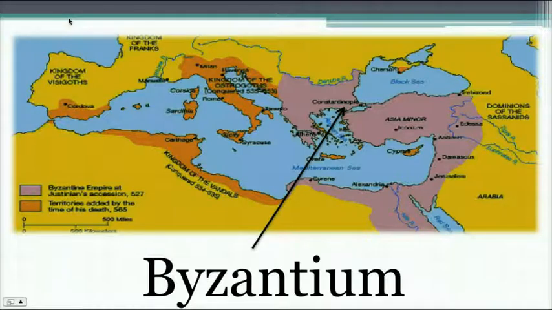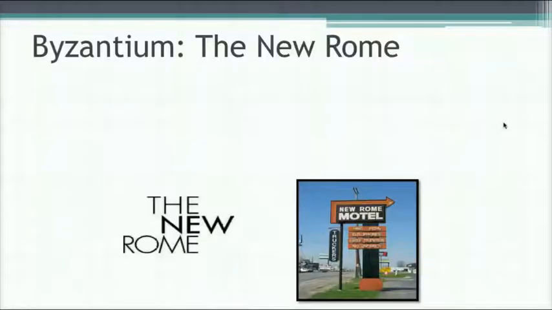So here's a map to show you where Byzantium is. Byzantium gets its name from the city of Byzantium that was located right here. So everything you see here in pink is known as the Byzantine Empire, or Byzantium. It was once part of the Roman Empire, and it still is Roman, although it's going to take a slightly different identity over the years. So this is the region we are talking about here.